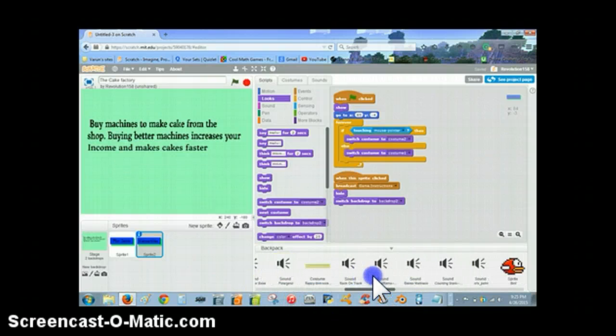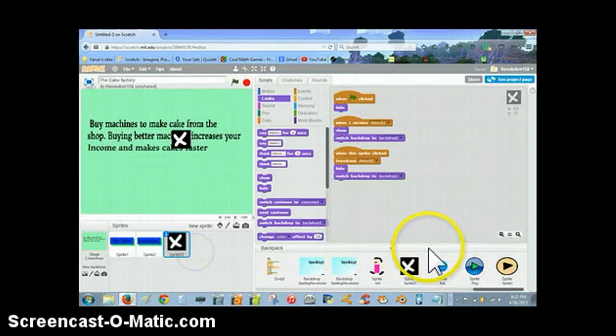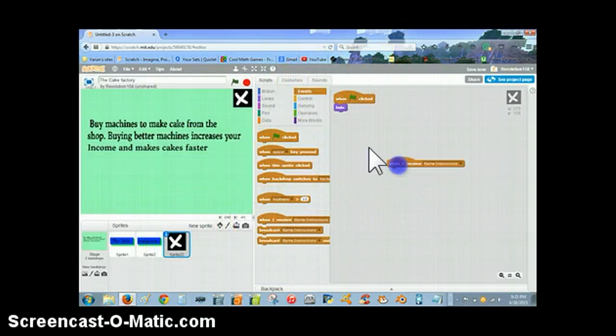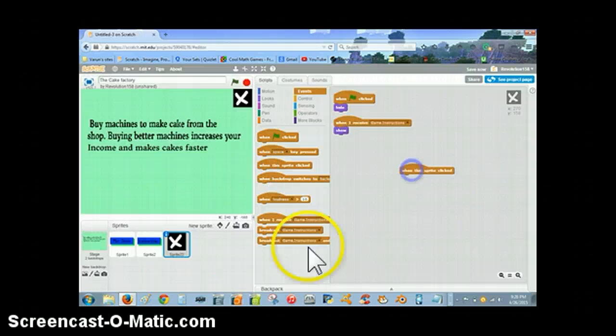You're going to go to, I have a backpack sprite, and it's an X, so I can just drag it in like that. It's really simple because I use X's a lot, like X out, so people don't have to press the flag again because they might already have progress. So when flag clicked, hide. When I receive game instructions, show, because you don't want it to be an X there when it's hidden. And when this sprite clicked, broadcast, again new message,